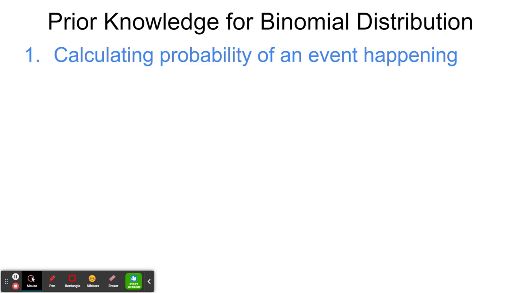Okay, so we're just going to look at 5 things of prior knowledge that we need to be able to be successful for binomial distribution. The first thing that we need to look at is calculating the probability of an event happening. This can be shown in quite a few different ways, but we're just going to look at a couple of